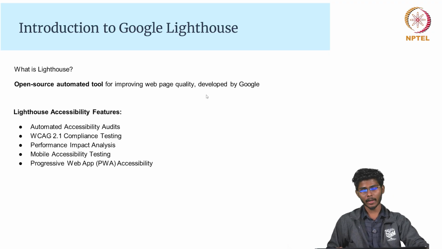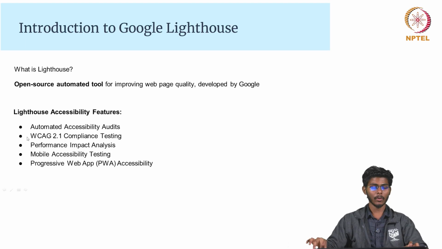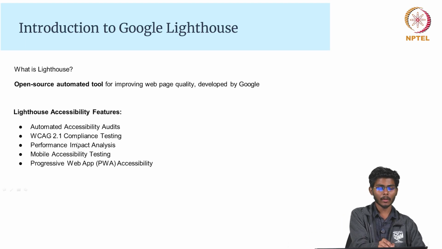Now coming to the Google Lighthouse tool. Similarly to the WAVE evaluation tool, Google Lighthouse is also an open source automated tool, mainly developed by Google for better web page quality, and it can be accessed from any interface on the front end. As you can see here, the Lighthouse accessibility features follow WCAG 2.1